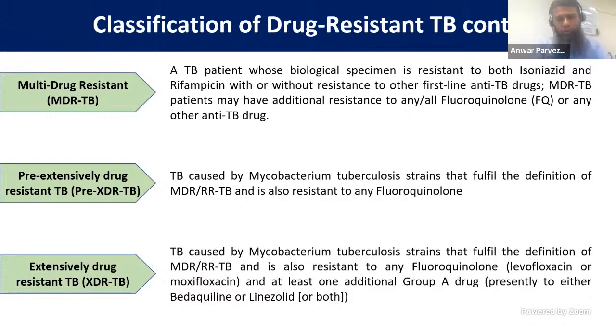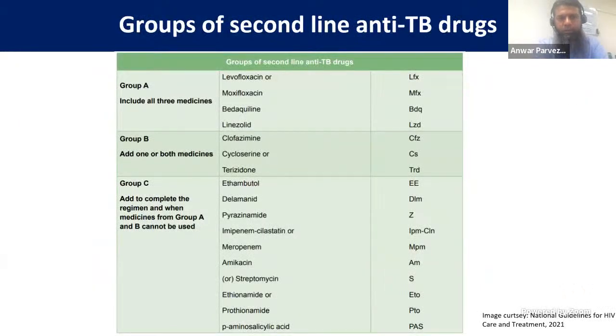So I'll show you the group of the drugs. Group A has bedaquiline and linezolid. If there is resistance to both or at least one of them along with fluoroquinolone, along with MDR-TB, it is called XDR-TB. So you have to be very careful while saying these terms because every term has a specific definition, and accordingly patients are categorized and given the treatment. So these are like groupings. In group A, we have Levoflox and Moxiflox, which are fluoroquinolones, and then bedaquiline and linezolid, which are considered newer anti-TB drugs. Group B, we have clofazimine, cycloserine, and